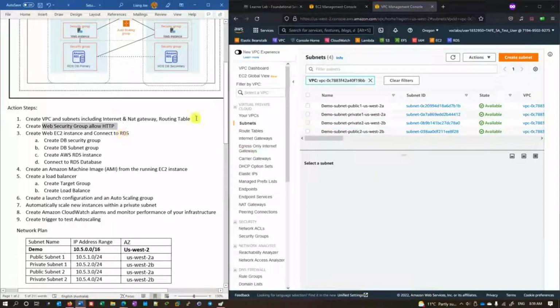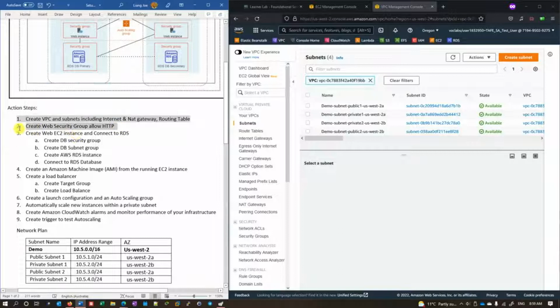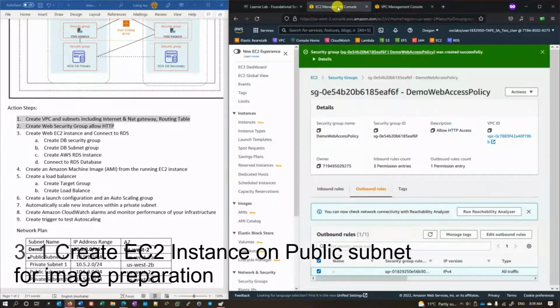So what we've done so far, we've done the first one. Let's highlight this one, so it means we've finished. And we finished this one. The next one, we can create the web instances and RDS. Okay, so those are the two things. Let's go to the